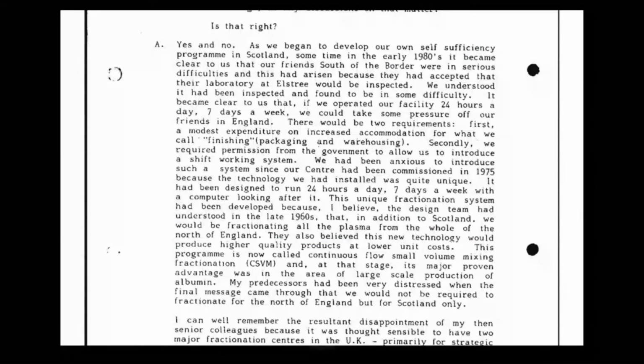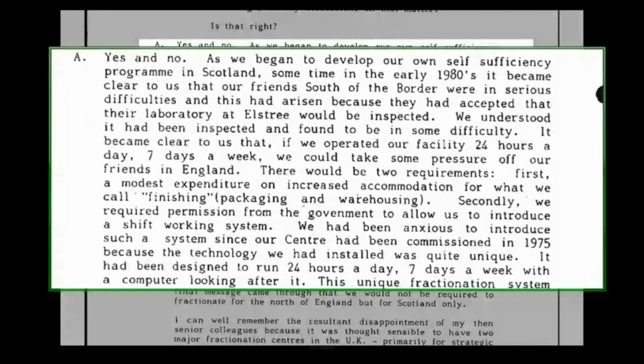Answer, yes and no. As we began to develop our own self-sufficiency programme in Scotland sometime in the early 1980s, it became clear to us that our friends south of the border were in serious difficulties. And this had arisen because they had accepted that their laboratory at Elstree would be inspected. We understood it had been inspected and found to be in some difficulty. It became clear to us that if we operated our facility 24 hours a day, 7 days a week, so this returns to the shift